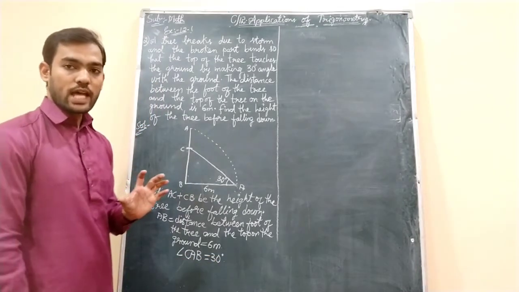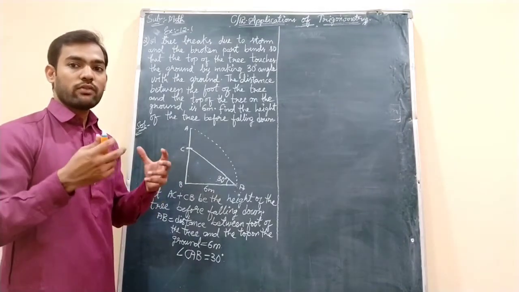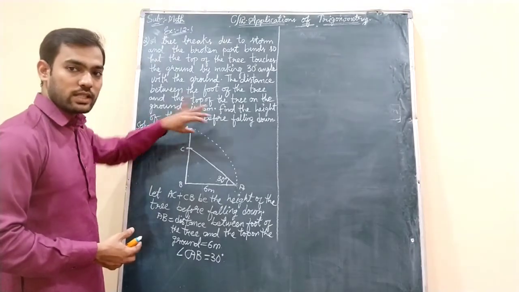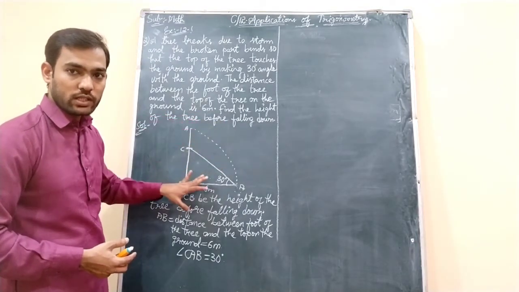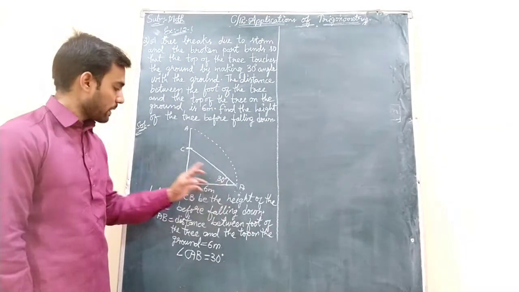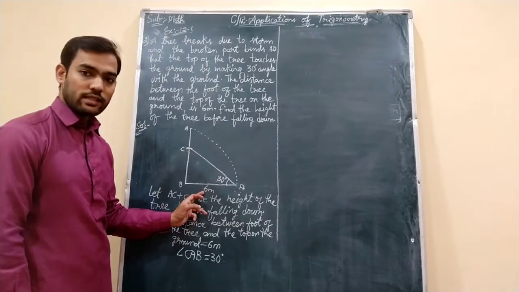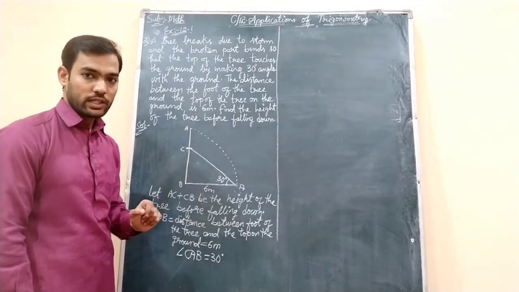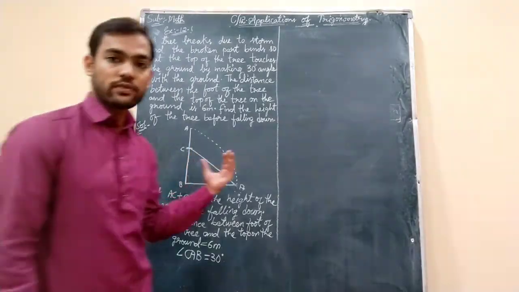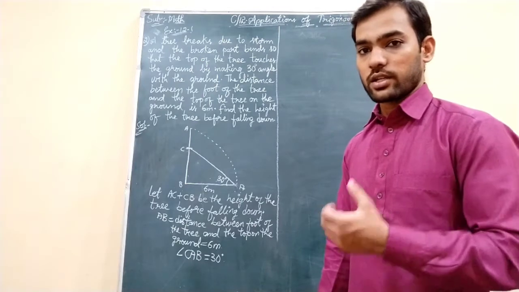Now here students, as we have to find out the height of the tree before falling down, you need to find out two parts over here. One is CB, one is CA, which now became the hypotenuse for this particular triangle. As per this angle, this is the opposite side, this is the hypotenuse, this is the adjacent. Adjacent is given, opposite and hypotenuse we need to find out. So let us proceed for finding opposite first. As we have just seen in question number 1, opposite by adjacent is the tan ratio formula.